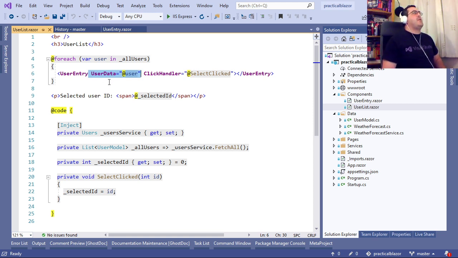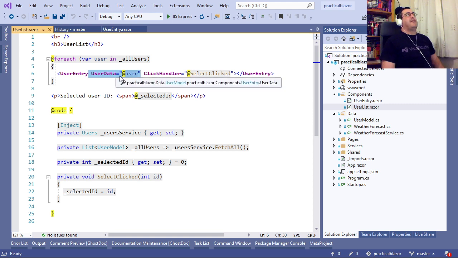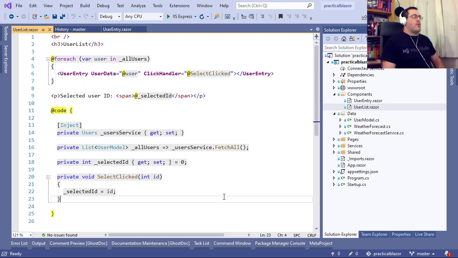Right, so the user data, you'll see, is now alongside this click handler parameter, and this click handler parameter merely just points at a setClicked function exactly the same way as we had with the individual function in the individual component, and that has a simple int ID on it, and that selected ID is then picked up by the parent component. If we run this,